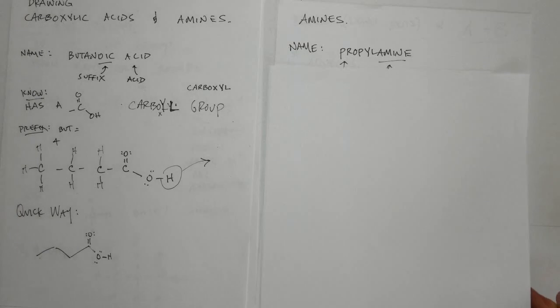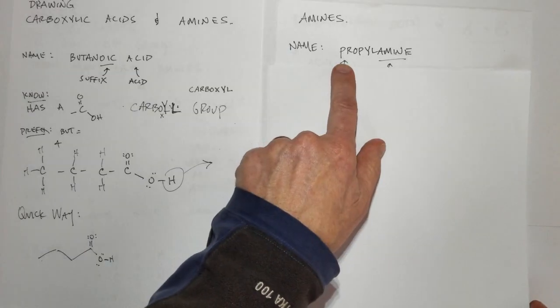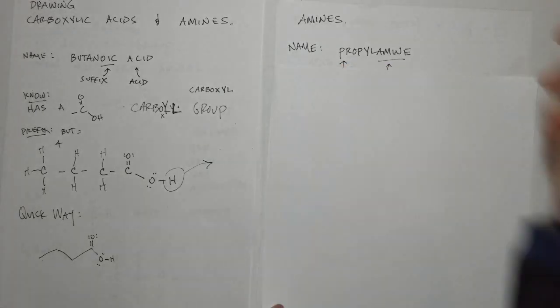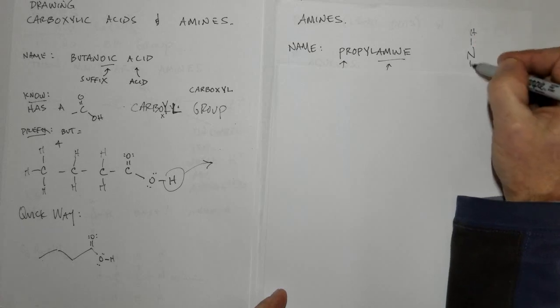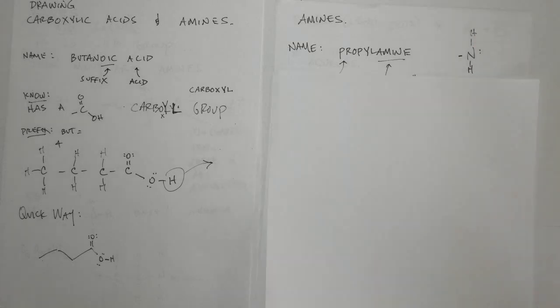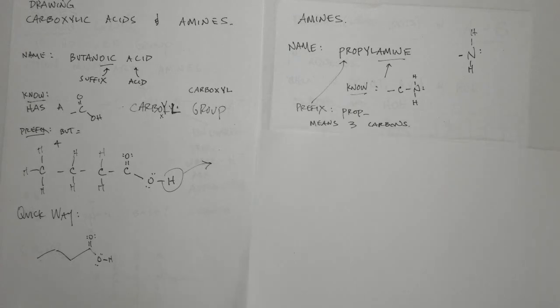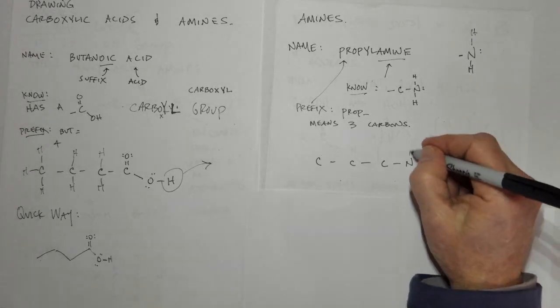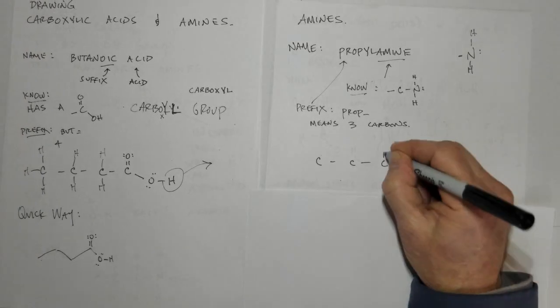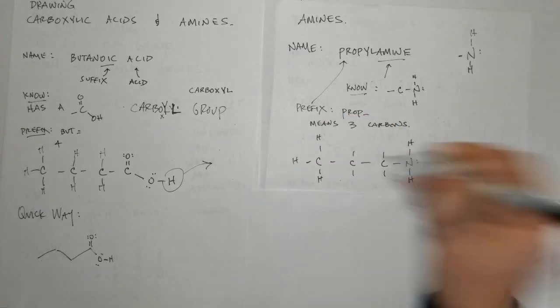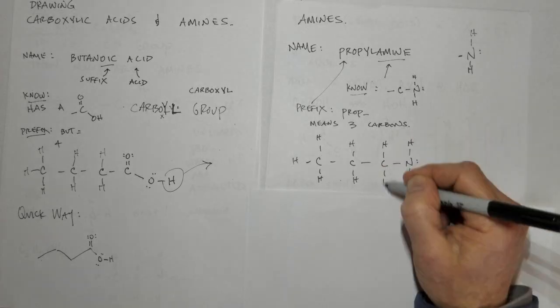How about amines? Well, in amines, you have a prefix as well, propyl, meaning 3 carbons, and then amine, meaning that we have an NH2 group on it, an NH with an unshared pair of electrons on it, like that. So we know it's got a CNH2 on it. The prefix means that we've got 3 carbons. So we'd draw 3 carbons in a row, and then we'd have an NH2 group on the end or the beginning of it. So NH here, and then we'd have hydrogens saturating these carbons, of course, to fill it up,